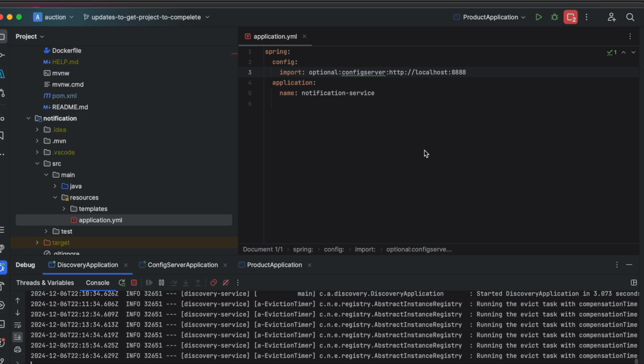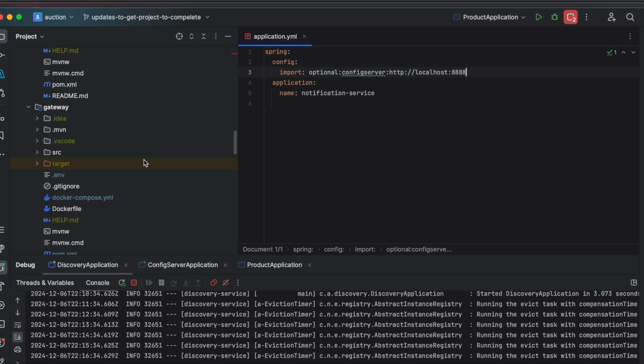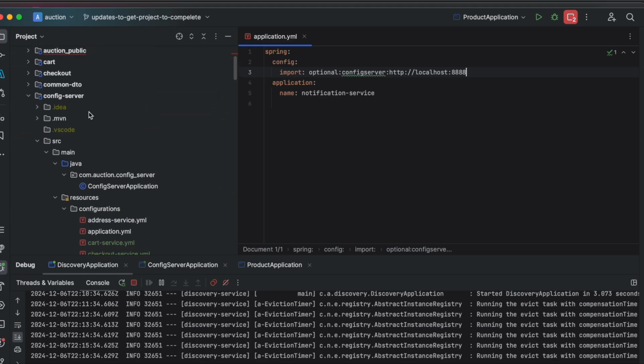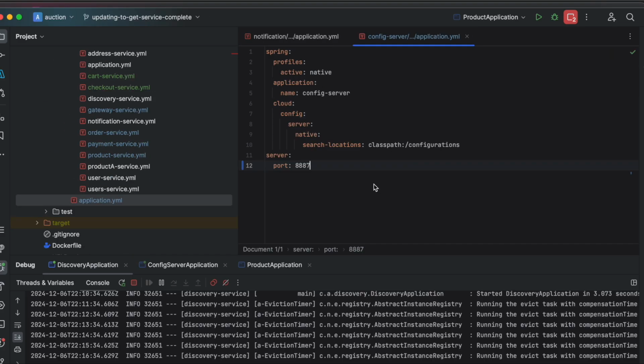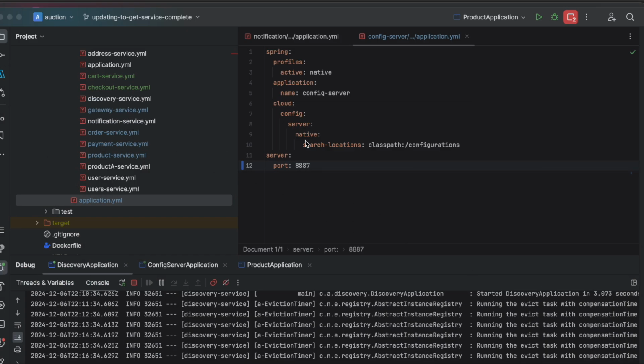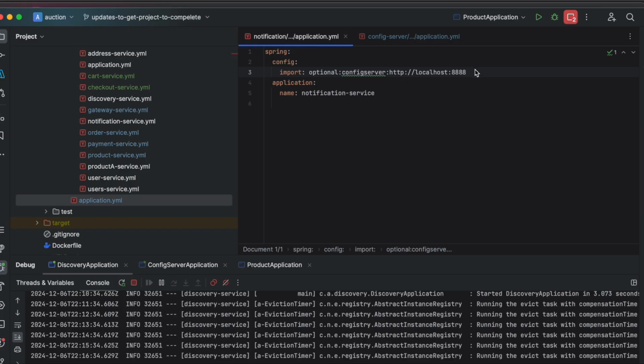The reason why it was failing is because port 8888, which is the port for the configuration server, was in conflict when I started my Anaconda. When I launch Jupyter in Anaconda for something else, it was in conflict and I just realized it. So I've changed the name into this